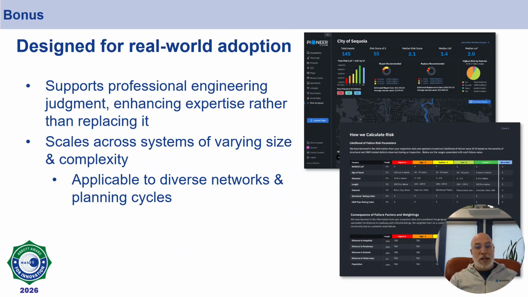Risk in Rehab is designed to enhance professional engineering judgment, not replace it. Risk recipes can be customized and saved. Decision logic can be reviewed and adjusted. Engineers can interrogate the data set using natural language queries, such as identifying all high-risk segments within a specified distance of a hospital or drafting a summary memo for a capital committee. The system scales across networks of varying size and complexity. Because it operates entirely within a browser-based environment, it does not require local modeling expertise or additional GIS scripting. It transforms inspection data into structured planning artifacts without introducing new workflows that field crews or asset managers must learn from scratch.